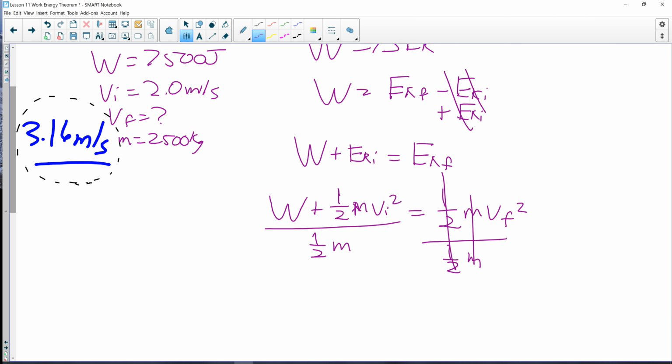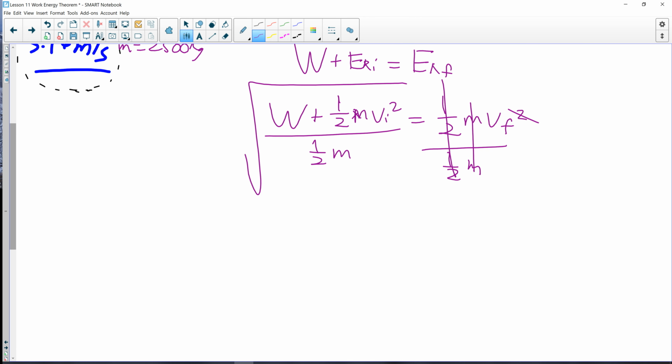I don't want it to be squared, I want it to be normal, so I need to square root. So it's a bit of a trickier manipulation, but in the end, it's algebra. So I'm going to plug in my numbers: 7,500 plus 1/2 times 2,500, the mass of the truck,